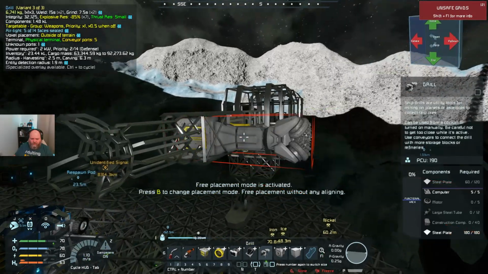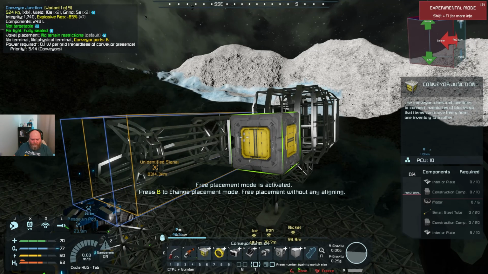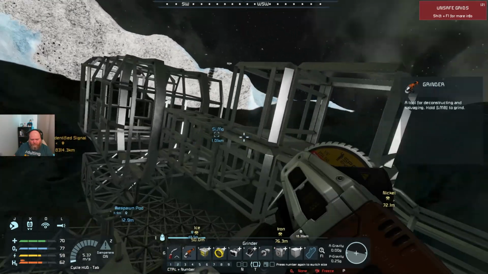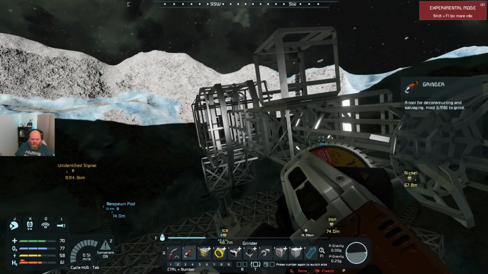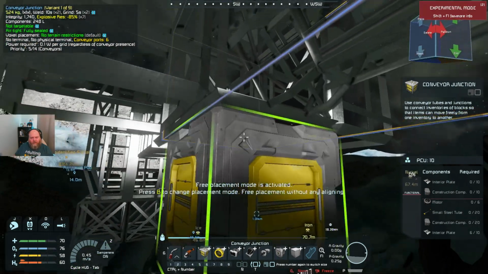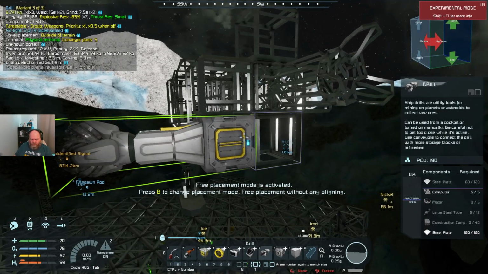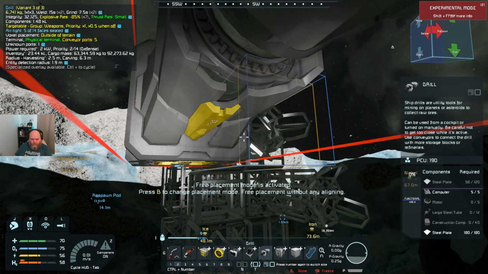Do a drill there, and then from here I do the conveyor ports. We'll do 1, 2. That one doesn't need to be a port. So 1, 2, 3, and then 4. And then off of those is where I put the drills. So 1, 2,